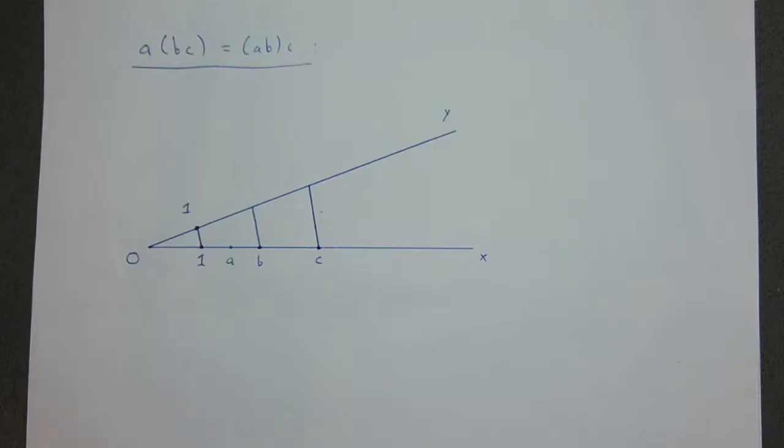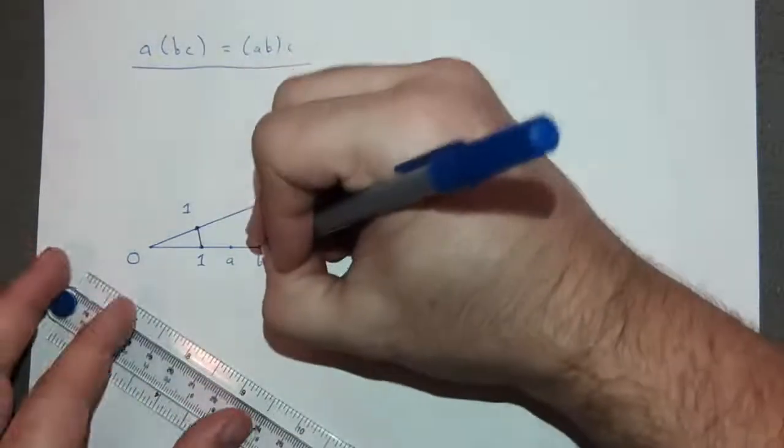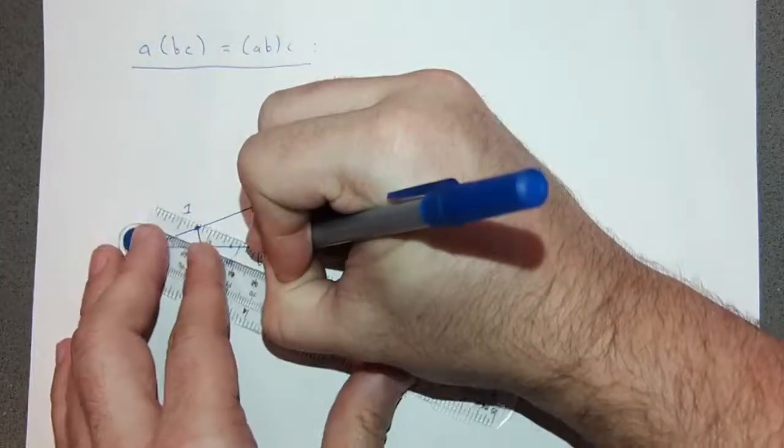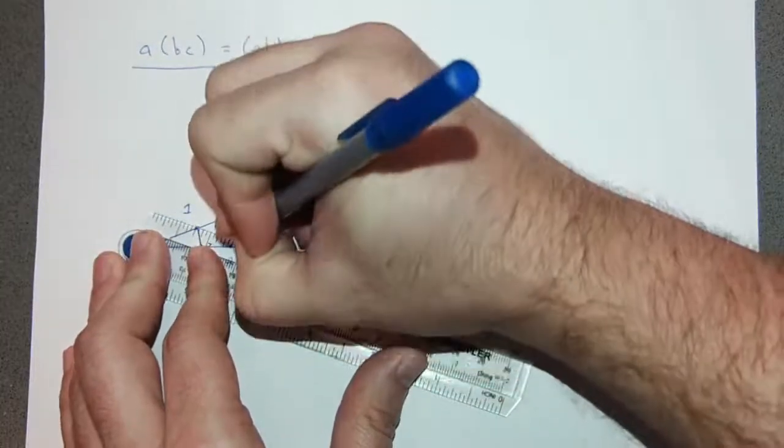Now, if I draw, say, a dashed blue line from B to the one on the y-axis,